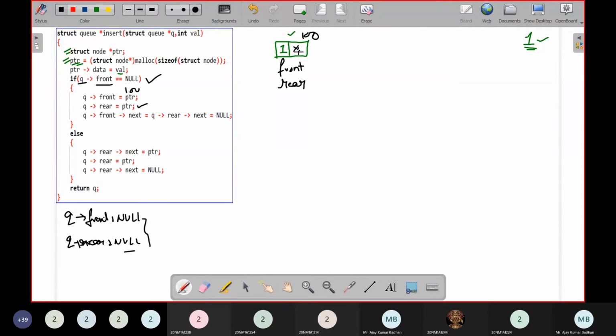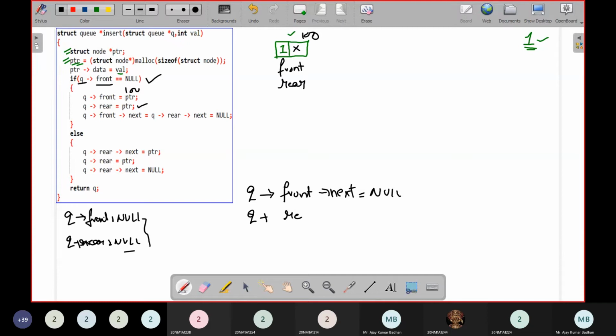So front next should be null, rear next should be null, but this front and rear are pointed with respect to the Q. Q is the variable I'm using, so Q front, and within this particular front node, the next address should be equal to null. Same way, Q rear next should be null.